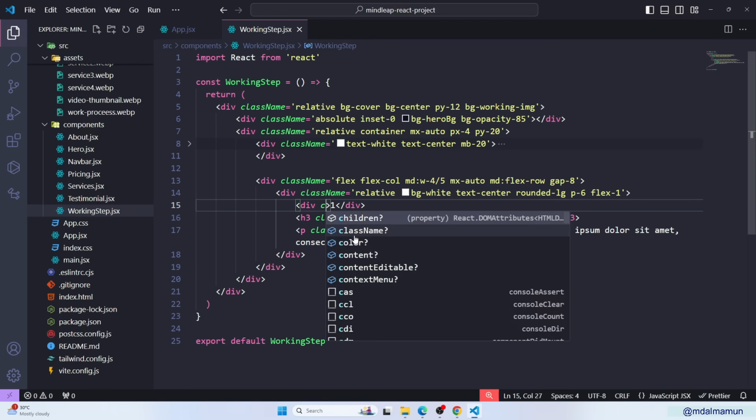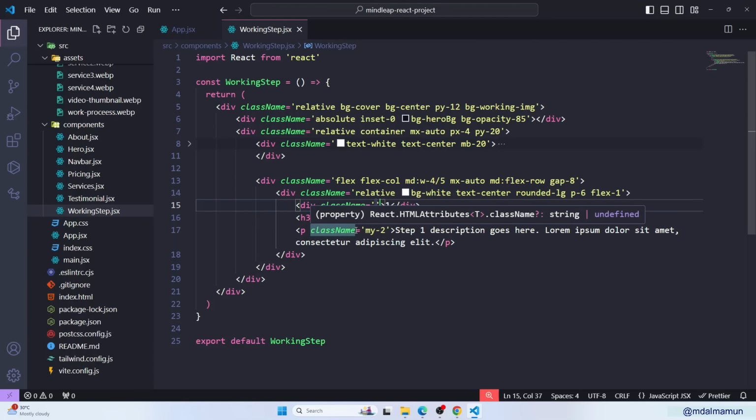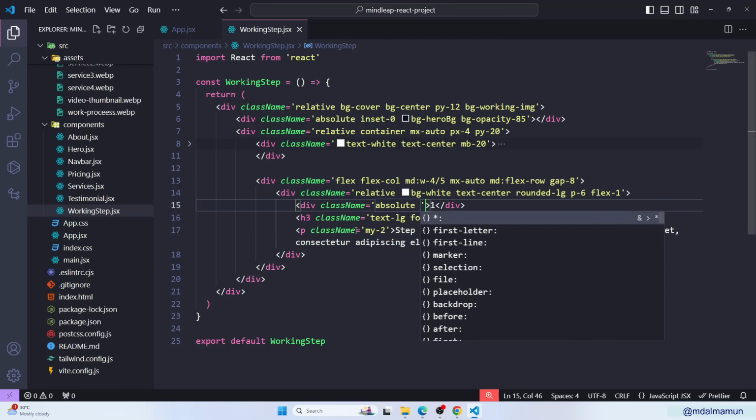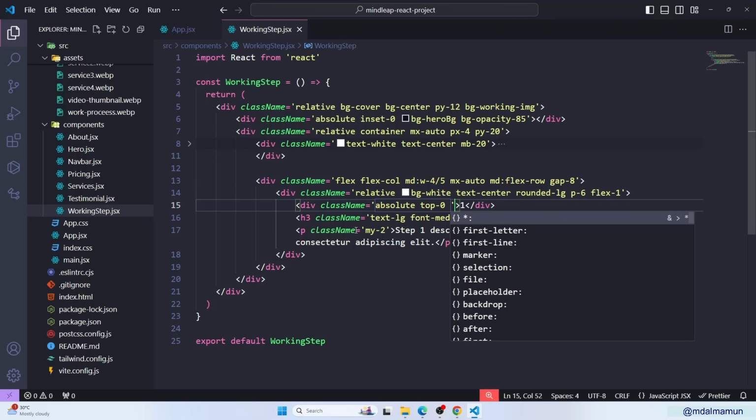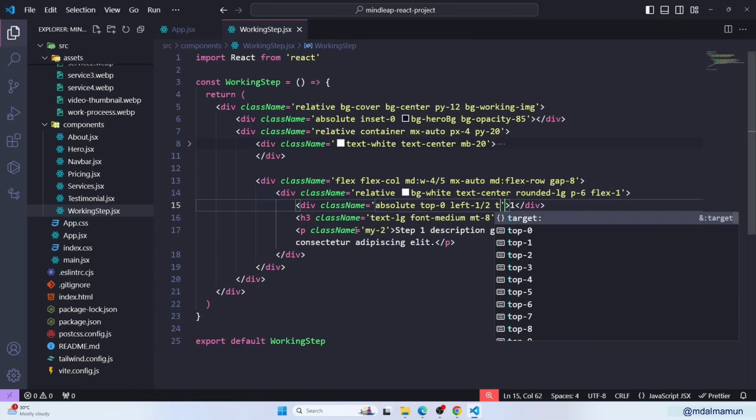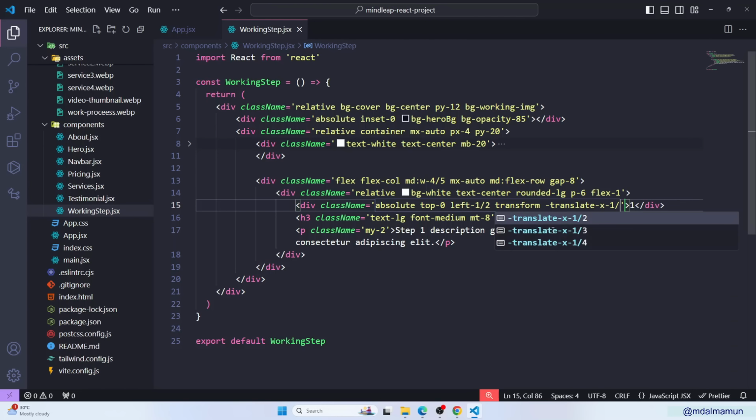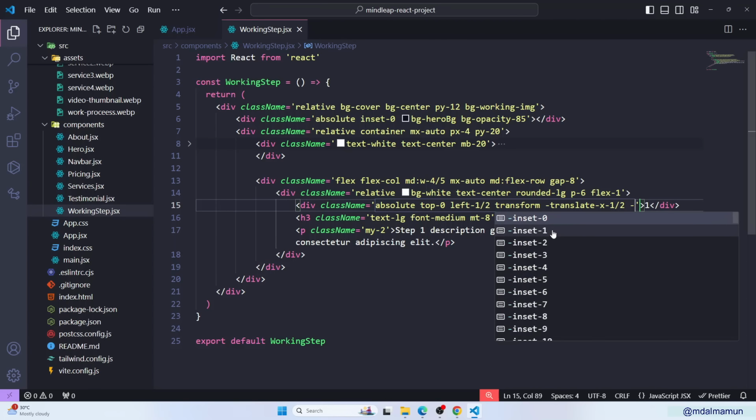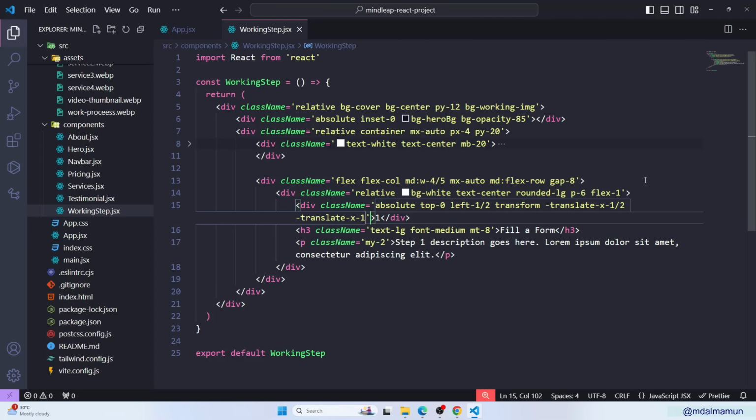So for this actually we'll target the div. Let me define class name. We'll define absolute position, then top will be 0, then we'll have left will be 1 by 2, then transform, we'll have minus translate x will be 1 by 2, then minus translate y will be 1 by 2, and finally we'll have bg primary color, we'll have text will be white color,